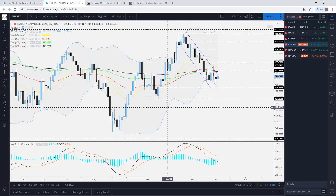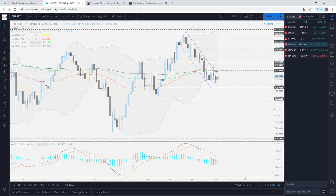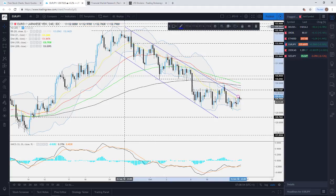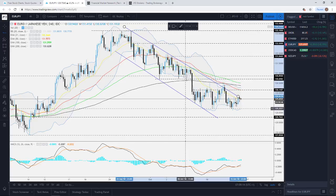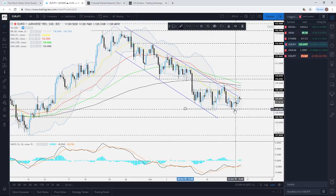Jumping into a few currency pairs now. This one I really wanted to quickly show you guys, and that's euro against the Japanese yen. So let me just put a 4-hour chart on this one. As you can see, we're still within this falling channel formation, and this is where we're going to keep an eye for now. Certainly, as you can see, the pair in the past few days was struggling to overcome this barrier right here at around the 129.20 zone. So it continues to act as a very nice area of